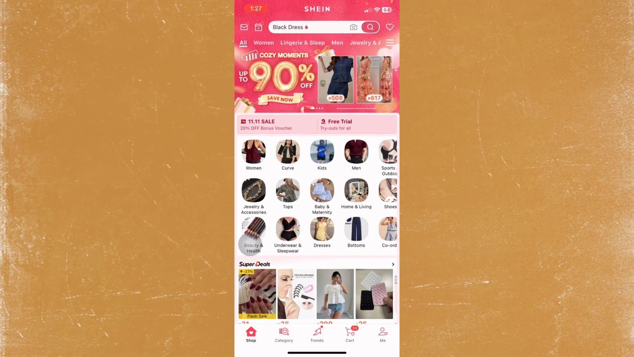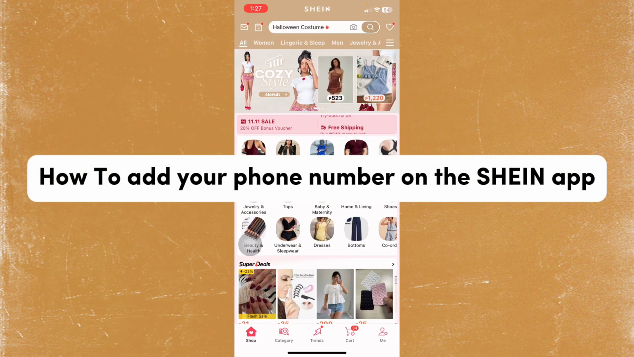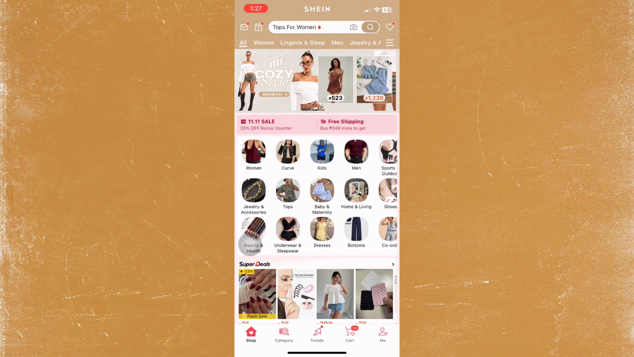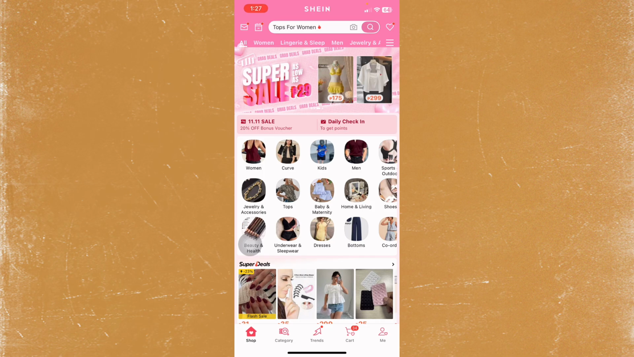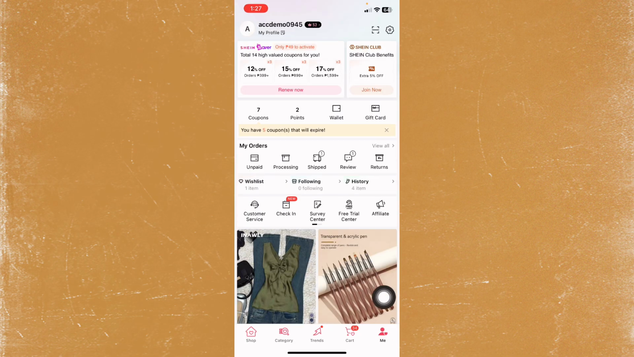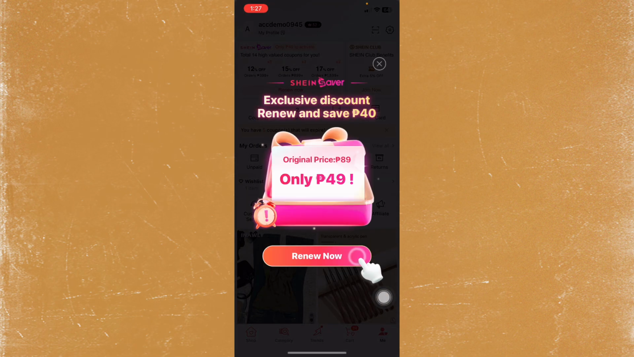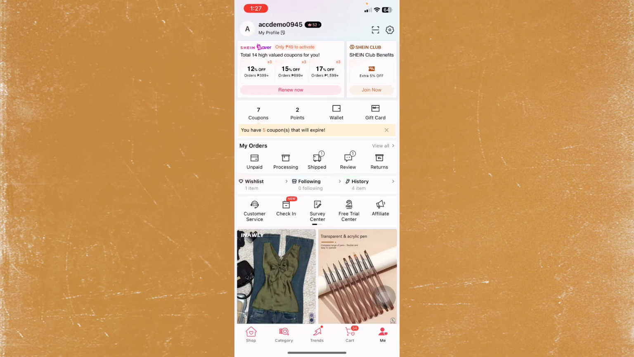In this video, I'm going to show you how you can add your phone number in the SHEIN application. So let's start by opening our application, and from here just go ahead and tap on the Me tab at the bottom right. So we're gonna click on that one,